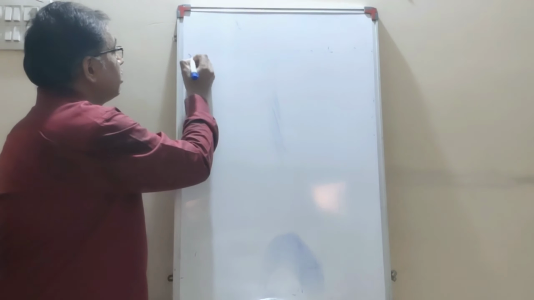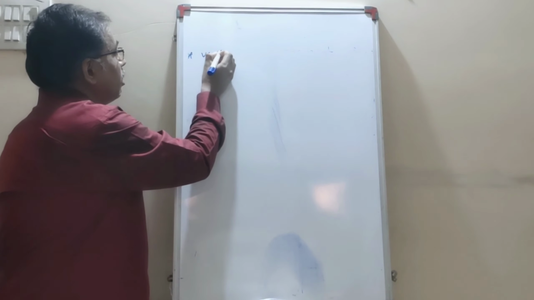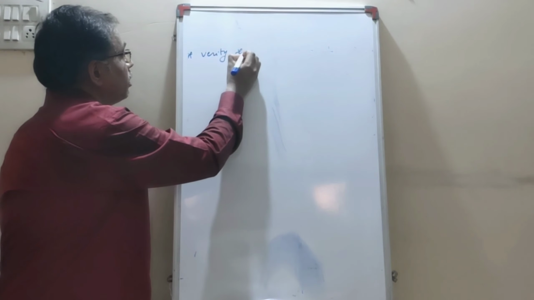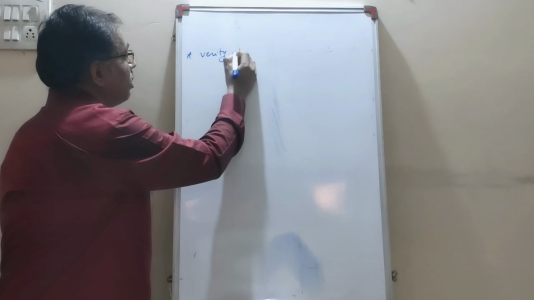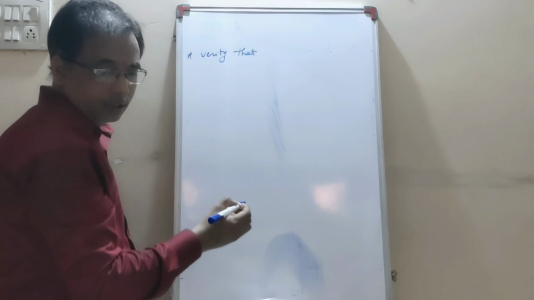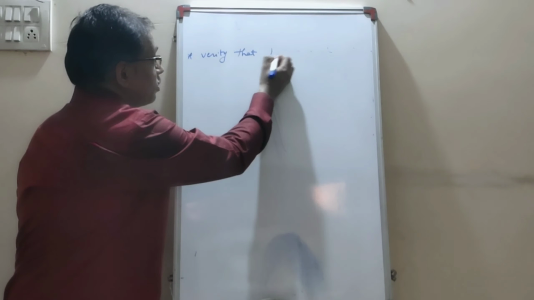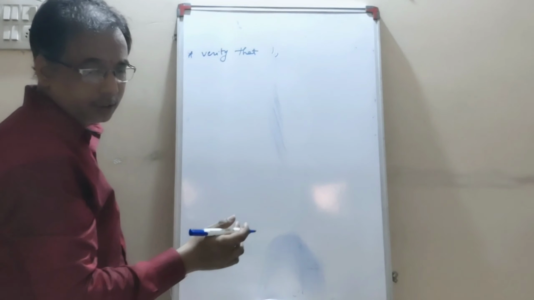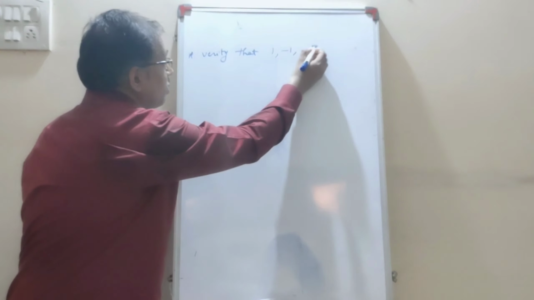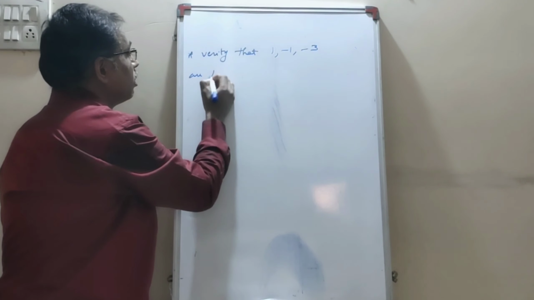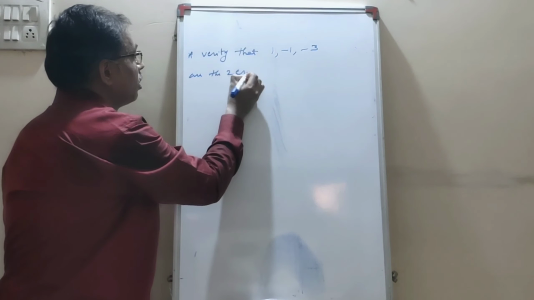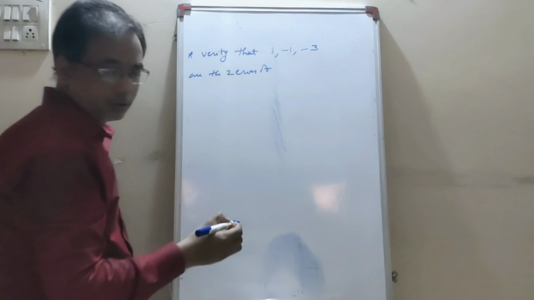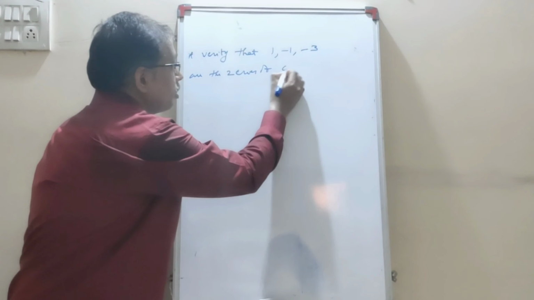Verify that 1, minus 1 and minus 3 are the zeros of the cubic polynomial